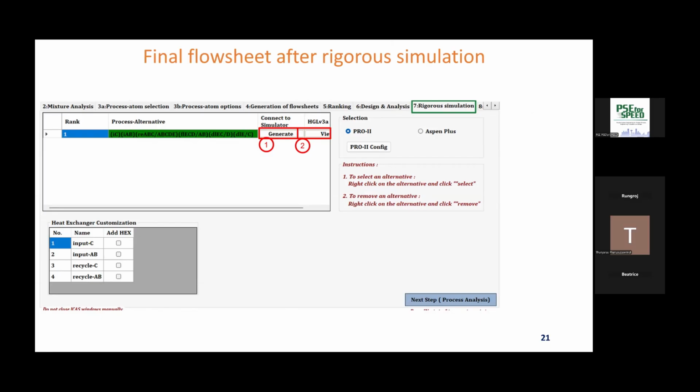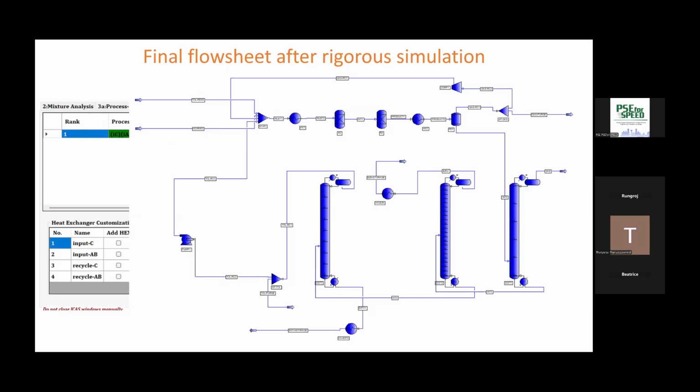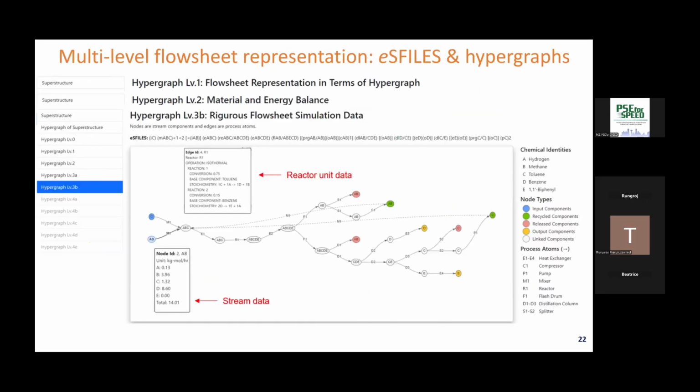At this moment, we have access to Pro2. So we have generated flowsheet inputs for Pro2. This means that the user does not have to write or create the input file for the simulator. The tool will create the input for the simulator and call the simulator. And then it will do the simulation. Once the results are obtained, these results will be passed back from the simulator, and then it will do the